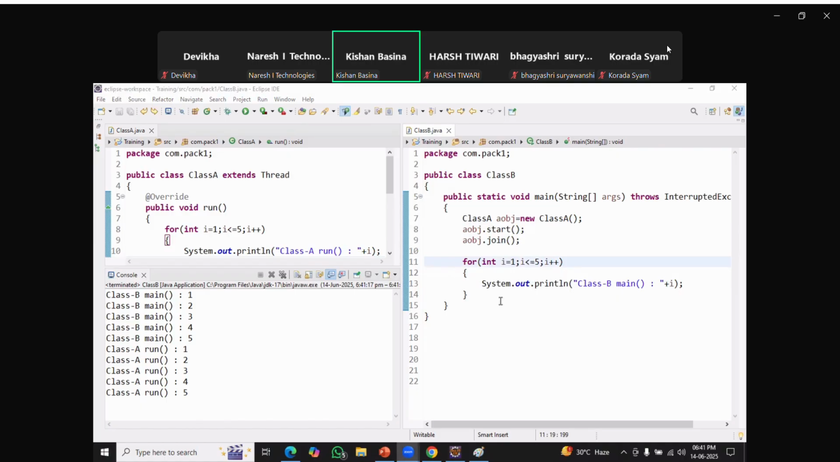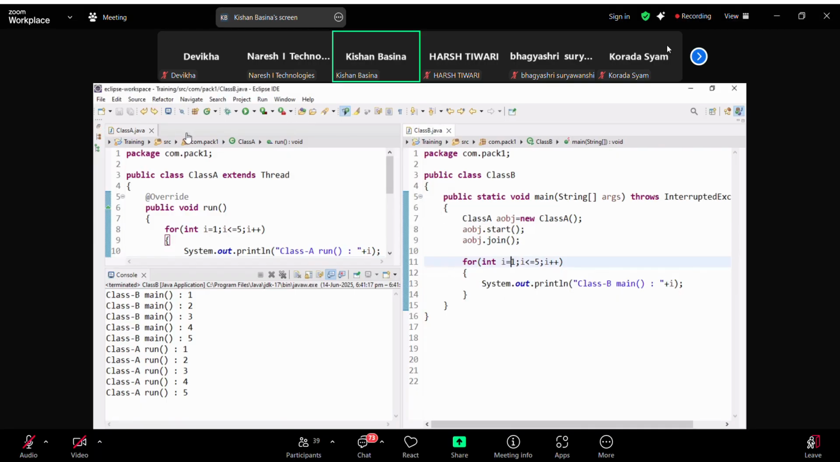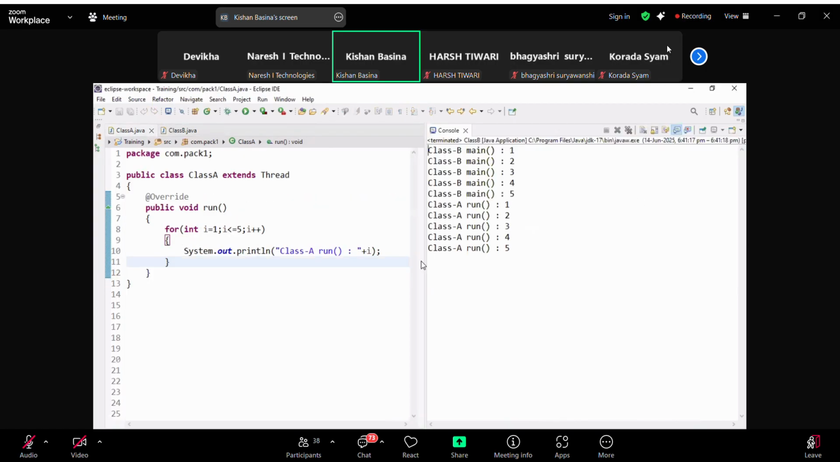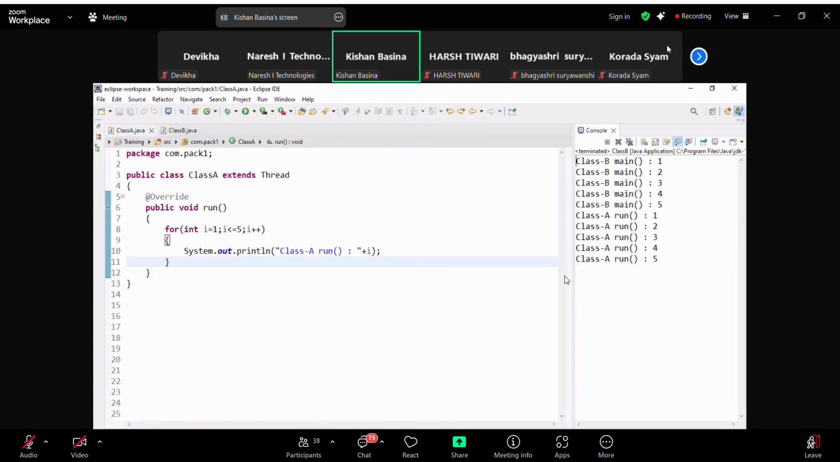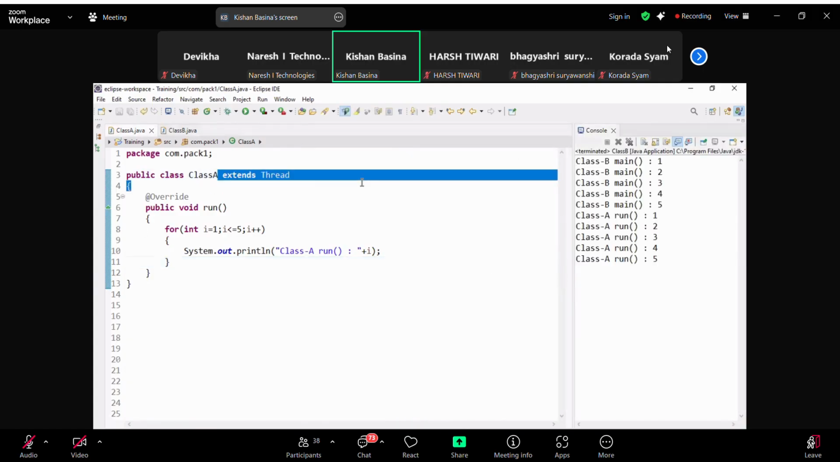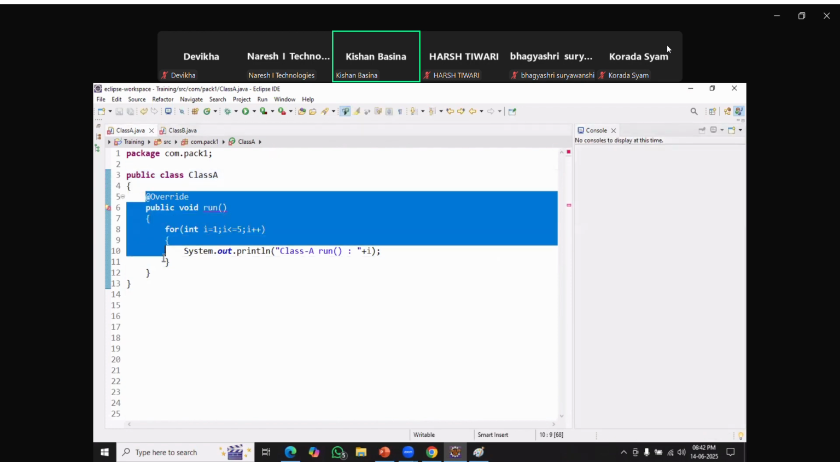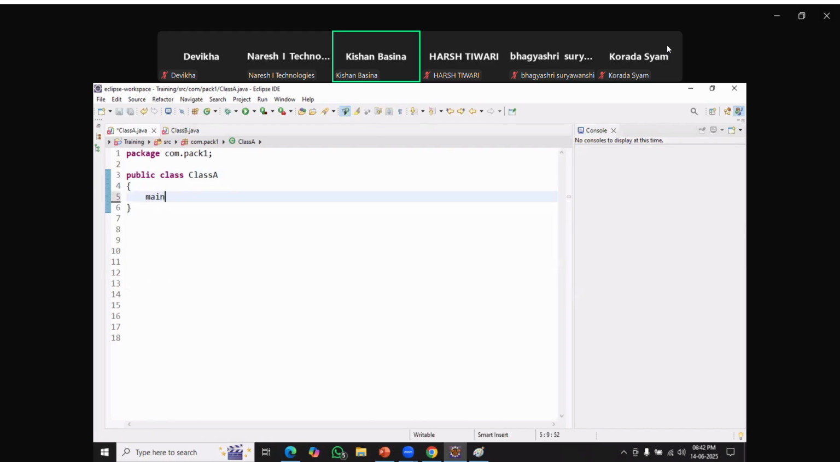Now, I'm going to get back to my class A. Very simple. Let me remove this. I'm actually removing my extends Thread class. I'm writing the main method. Now, inside my main method,